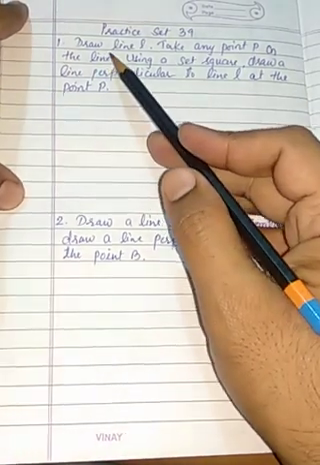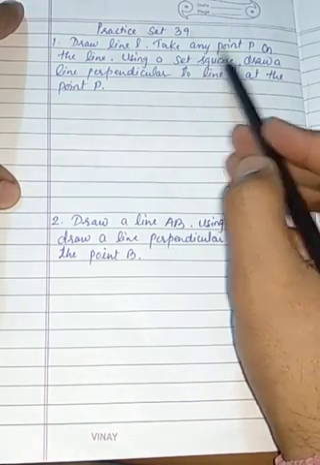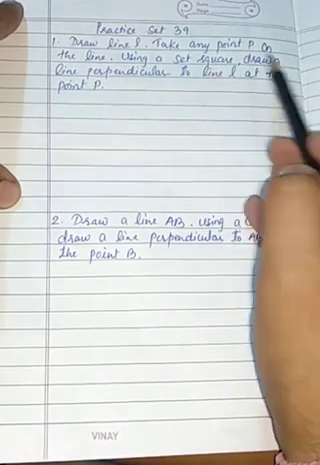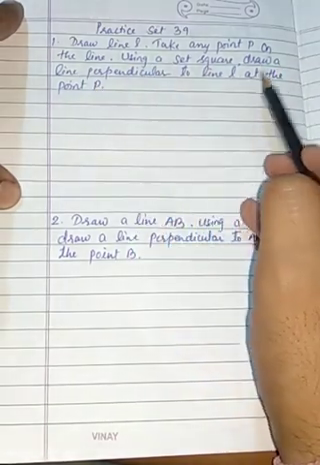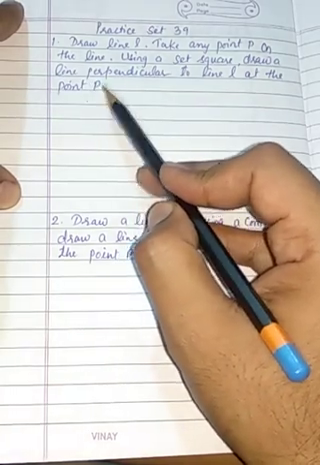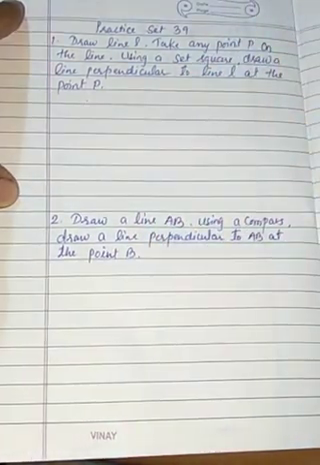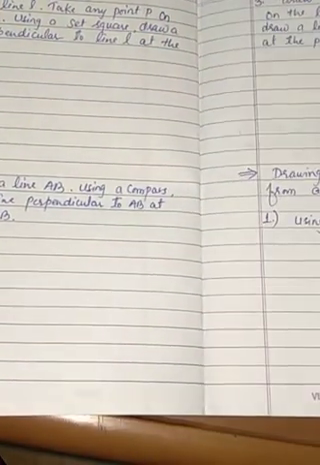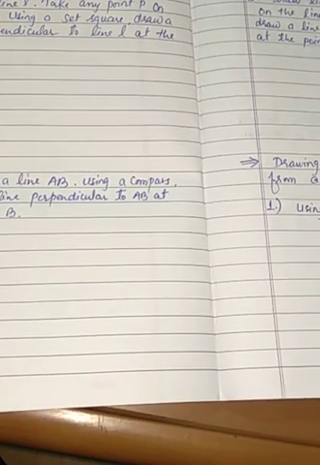Problem number 1. Draw line L. Take any point P on the line. Using a set square, draw a line perpendicular to line L at the point P. The name is given, so we will follow that same name. Let's follow the instructions given. Whatever is said in the question, we will follow the same instructions. Our first instruction is